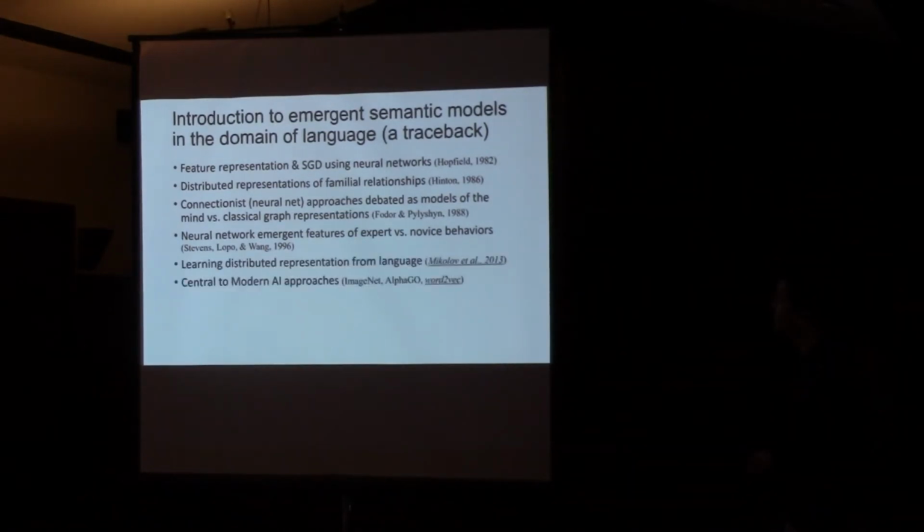That was 1996. But okay, fast forward a whole lot of time since Hinton's distributed representation, and you have learning distributed representations from language. Thomas Mikolov has been at the center of this in language, the catalyst. And this idea of distributed representation that was talked about all the way back in 1982 is central to everything that is kind of hot in AI, image classification, AlphaGo, intelligent games, automation, autonomous vehicles.